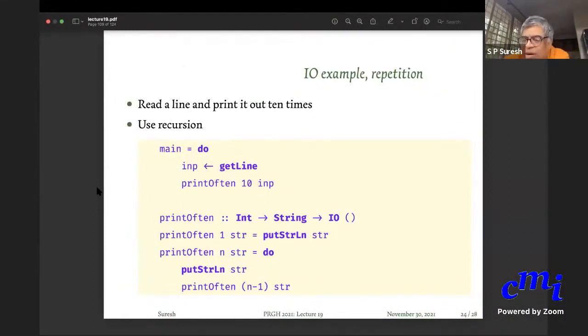So I use a return function. The return function promotes any value from a smaller type to a higher type. That's all it does. It is not like the return for people who program in other languages like C, Java, etc. Return there is a control statement. It returns control from the called function to the calling function. There is nothing of that sort here. Return is just promoting a value from some type to a higher type.